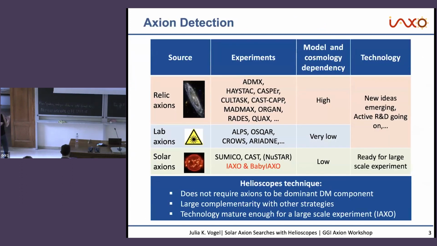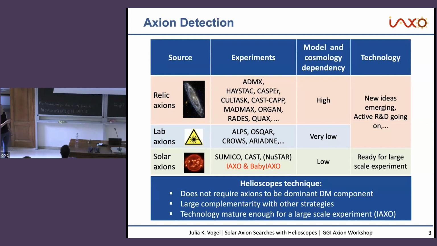You all know that we usually categorize our axion experiments based on the source of the axions. So we have the relic axions that we look for with a bunch of experiments. These are produced shortly after the Big Bang and they still linger in the halo of galaxies. We can also produce the axions in the lab ourselves, or we can look to the core of stars, the closest one being our sun, to look for axions produced nowadays. These are the experiments. I apologize if I forgot your experiment in there or your favorite experiment. Please let me know and I'll add it for the next time.